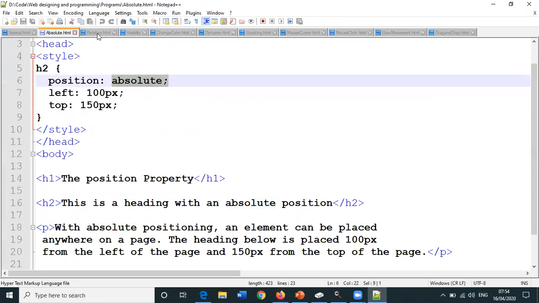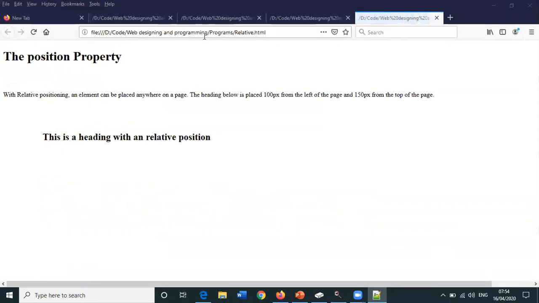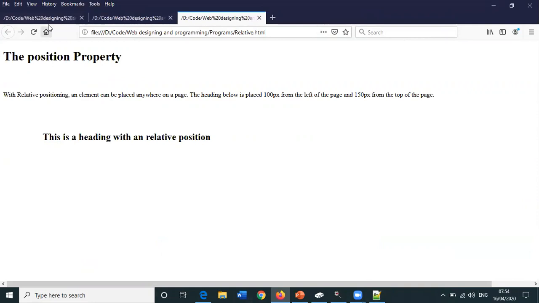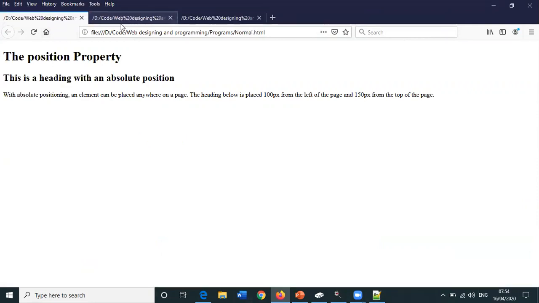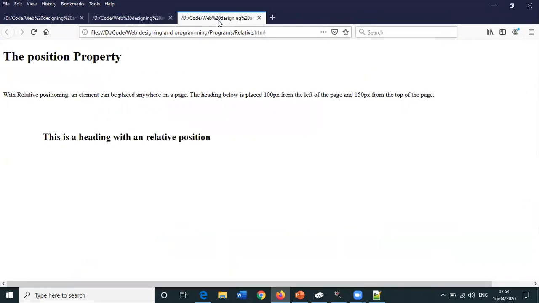Now the same program, in case we specify the positioning as relative, then check what will be the output. Just check out, this was the original. Now let us go through each position. This is the normal one, this is the absolute positioning, and this is the relative position.